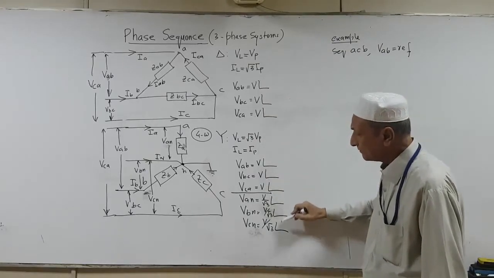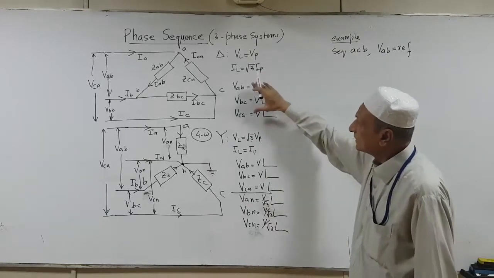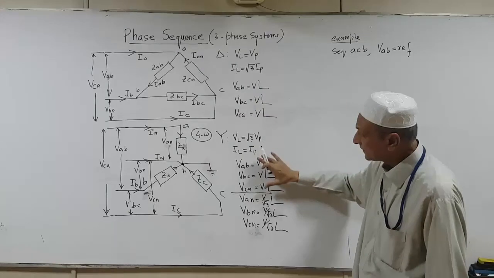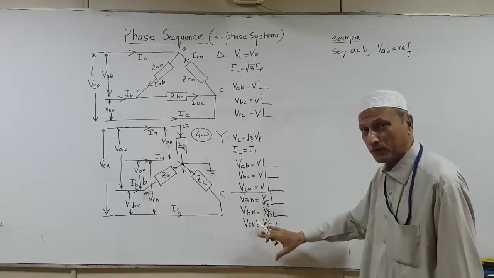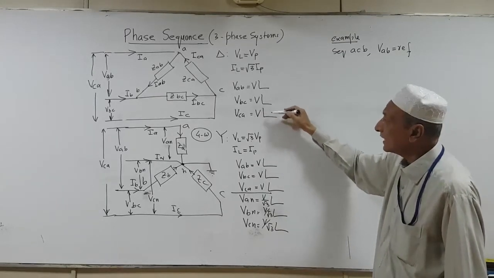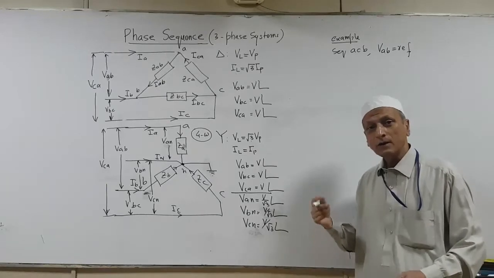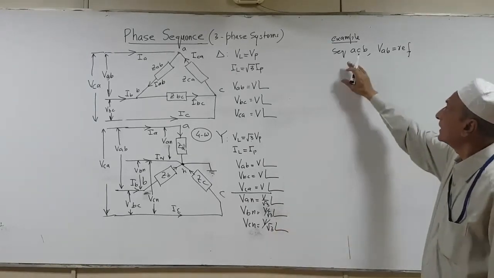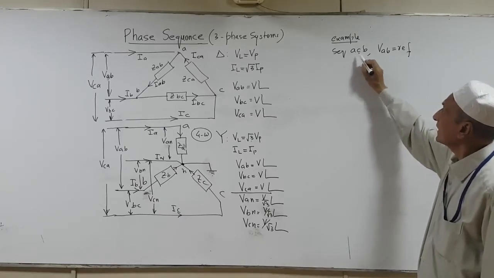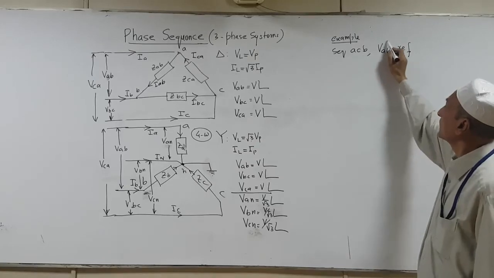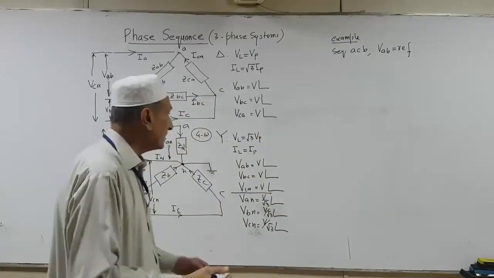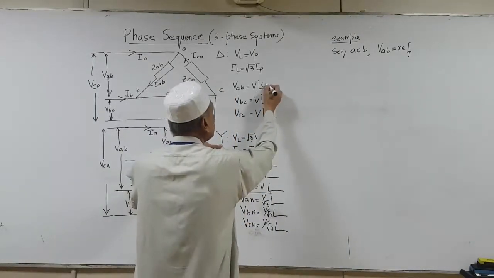All these angles are question marks. These are the line and phase voltages in the case of the delta configuration. These are the line voltages for a star, and these are the phase voltages. I have not put an angle over here. I will fill in these blanks with the help of a given phase sequence as an example, in which we are given a sequence ACB with VAB, one of the line voltages, as reference. So let's take VAB as the reference quantity. When we take VAB as reference, we just put a 0 degree angle.